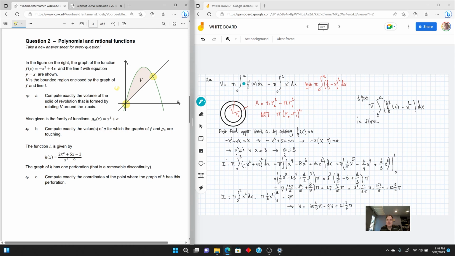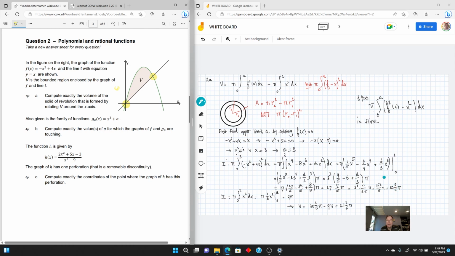I calculated here first the first term. So integral of 0 to 3. Don't forget the pi here. Of minus x squared plus 4x squared. And this is just a slightly tedious calculation, just to work it out. Then evaluate it between the 3 and the 0. And there are quite a few terms here, so just do this slowly and steady. There's some ugly fractions in it, so just put them under the same denominator. But in the end, what you get is